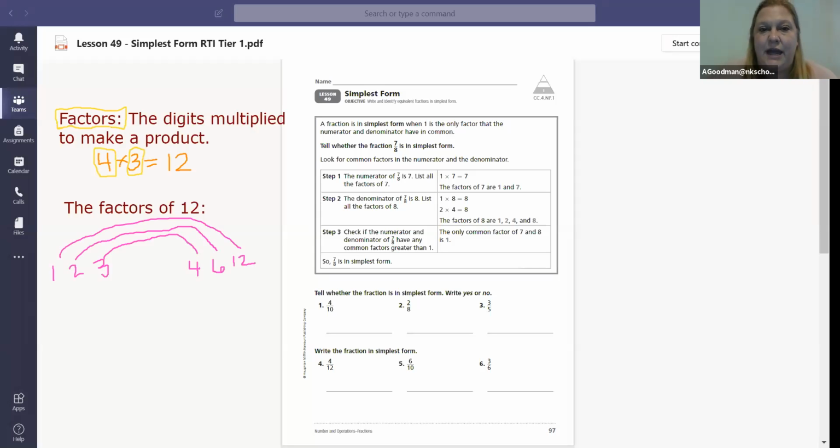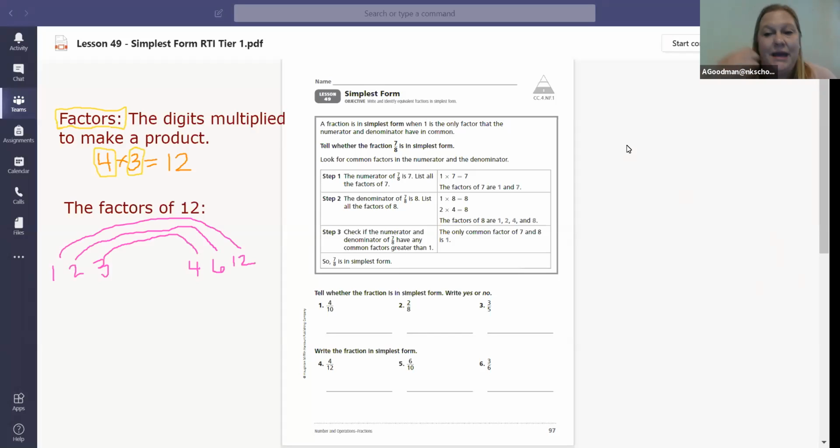Right, lesson 49 is talking about simplest form. So I've been talking about this a little bit in the last two lessons, how the best way to understand a fraction is to look at it in its smallest numbers, and then trying to get it down to what they call simplest form. You are simplifying the fraction. So it's simpler to understand in your brain, just like